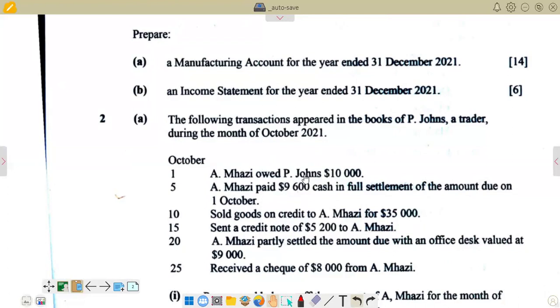The balance given as 10,000 at the beginning of the period is going to represent our balance b/d. So we go to the debit side of A. Mazi's account in P. Jones's books and start with our balance brought down on the debit side. The question says take account of the date, so this is on October 1. Let's take note of that. If we go to our answer section,